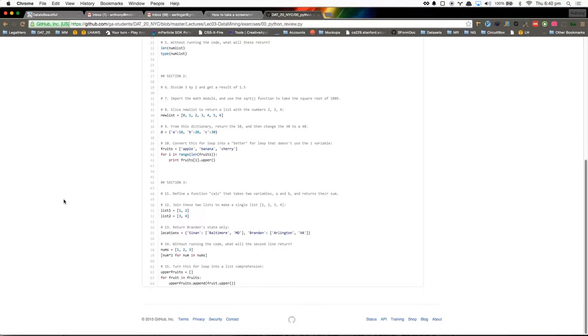Item is a label, a placeholder, and so it's as if I wrote, let me write this in blue, it's the equivalent of print 1, print 2, and print 3. It's as if I did this each in sequence. So this item variable becomes a placeholder for each one of these items in my list.